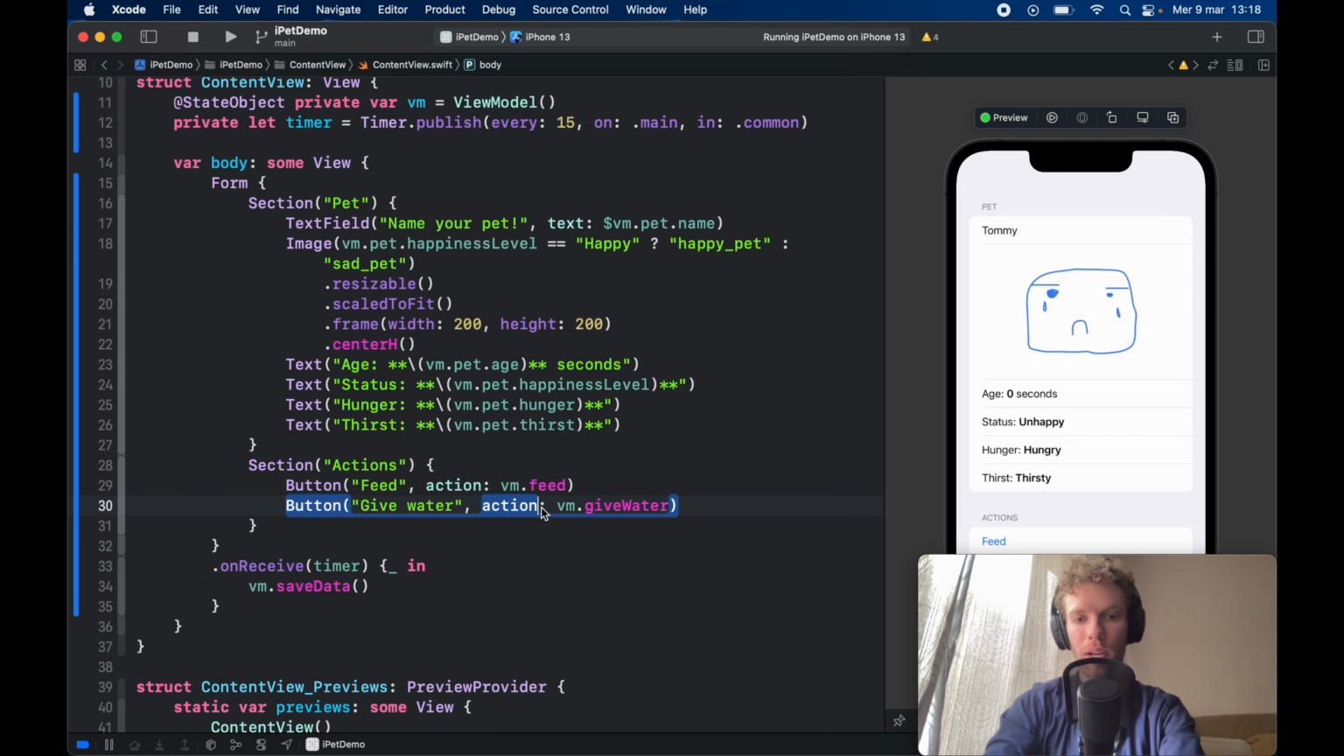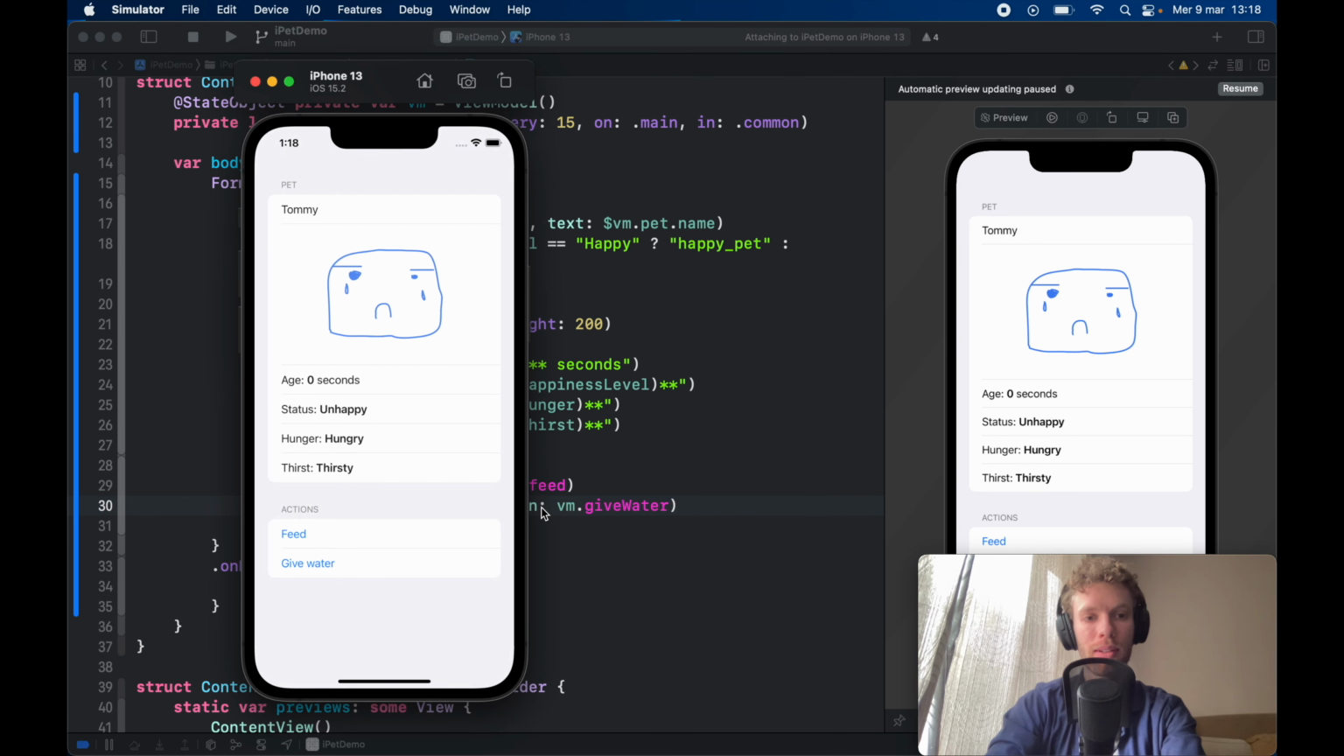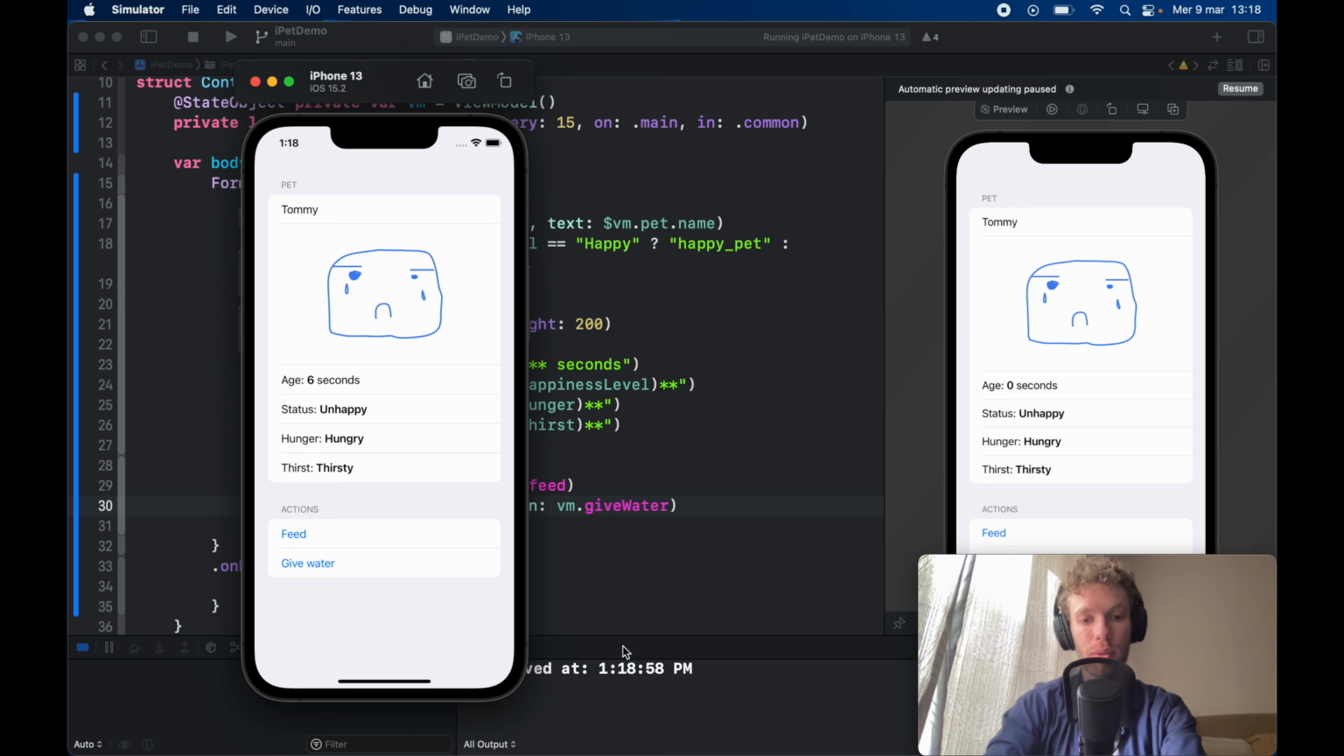So now we can actually go ahead and run our application and test out how it's working at the moment. As soon as we run Tommy, they're going to start unhappy and hungry and thirsty. And if we feed Tommy, it's going to say that we saved the data down here. And if we give water to Tommy, it's going to say that we gave water to Tommy. But as you can see, it's not changing from hungry or thirsty because we've hard-coded those values in. It's going to stay at hungry and thirsty all the time, because we still need to change that in our